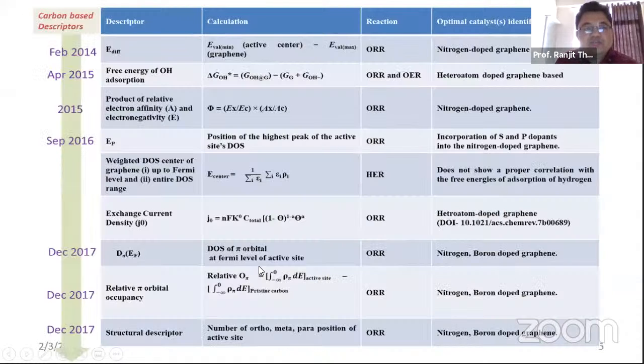So let's go ahead. So these are the overall carbon-based descriptors defined on different electronic properties, starting from February 2014, and researchers wanted to understand why really the carbon or doped carbons or any doped carbon-based materials, it could be graphene or CNT, is a catalyst. So particularly for different reactions, different electronic structures or different electronic properties have been proposed. And in December 2017 we also proposed a pi electron based descriptor. Like if you really find out what will be the pi electron occupancy of that carbon atom, you can easily explain the catalytic property or any other properties of graphene.